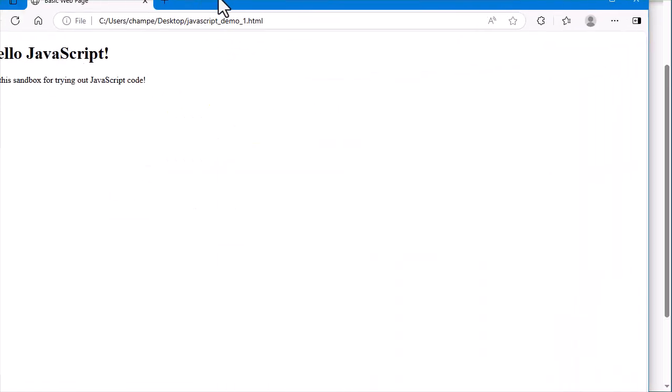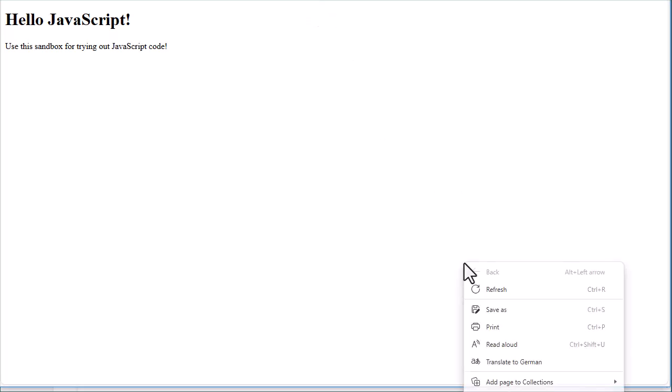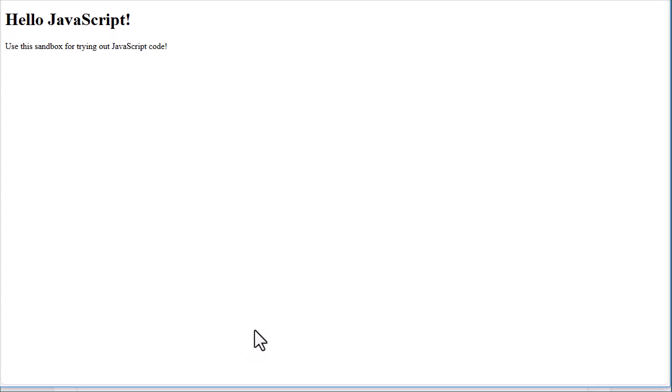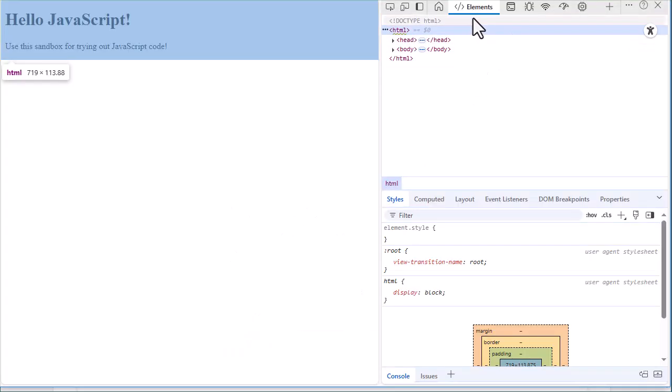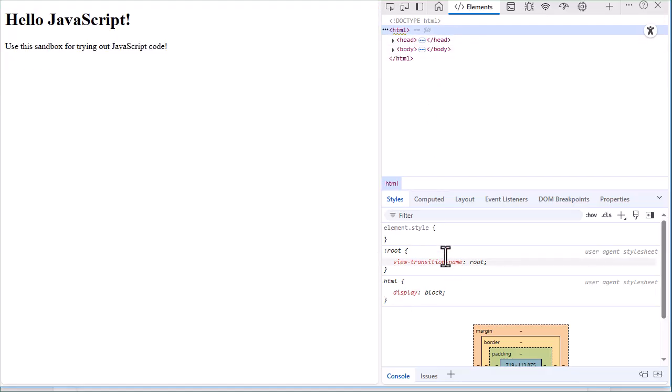Here it is. I'll drag it over. And you can see it looks pretty much the same. And we can right click and we can inspect. And yes, it looks a little different in the Microsoft version and the Chrome version, but essentially you see here's